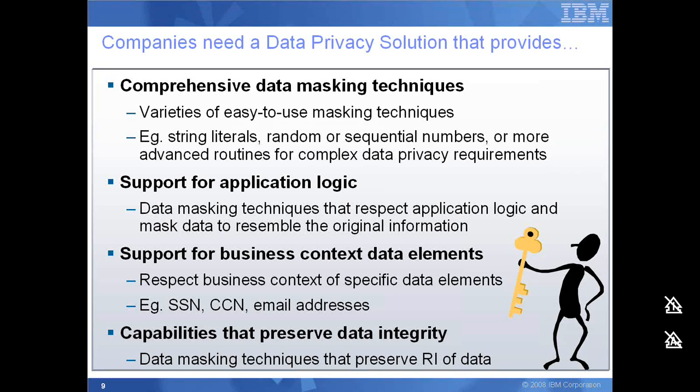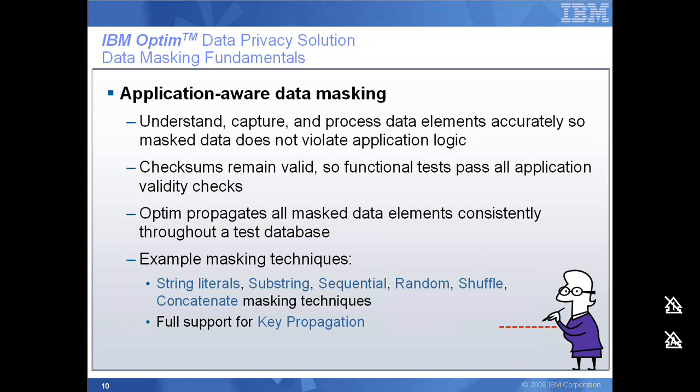See what exactly these mean in the next few slides. Application-aware data masking. It's not just enough to mask or transform the data. The requirement from a solution should be that we should be able to understand what exactly the underlying application requires and how it is working with a specific portion of the data or the entire business object, and how, if after masking it, it would be useful to the testing and the QA team. At the same time, it should not break the application logic, right?